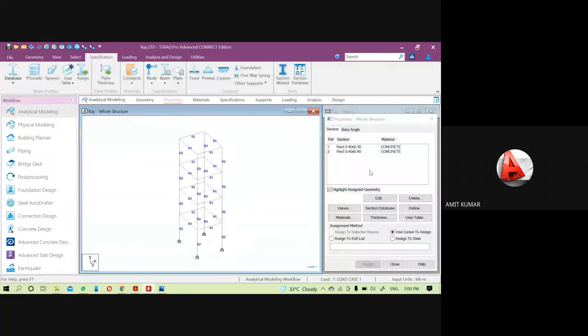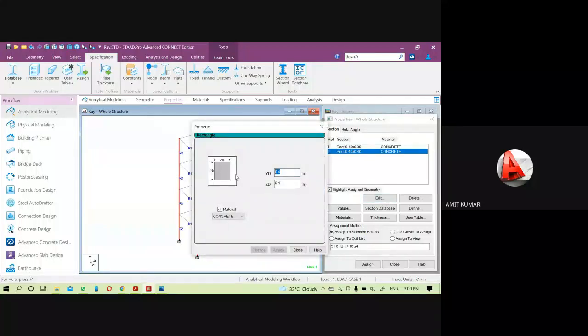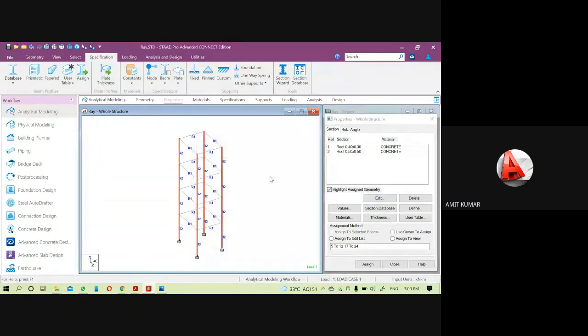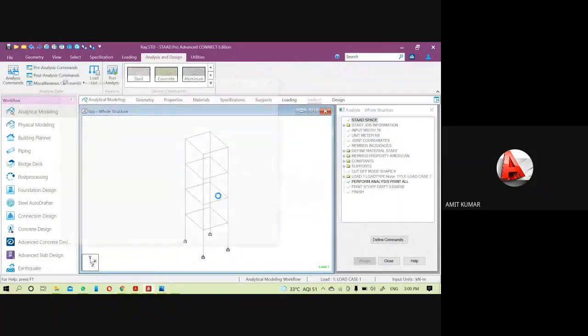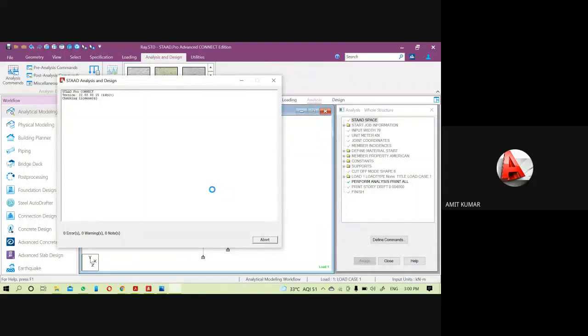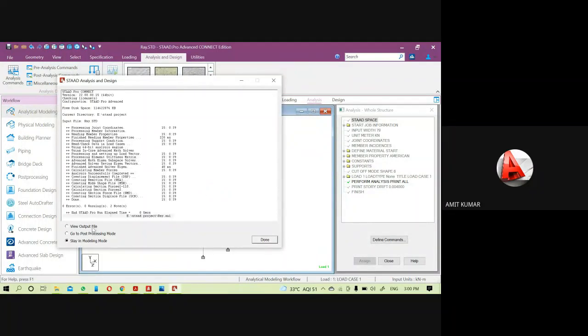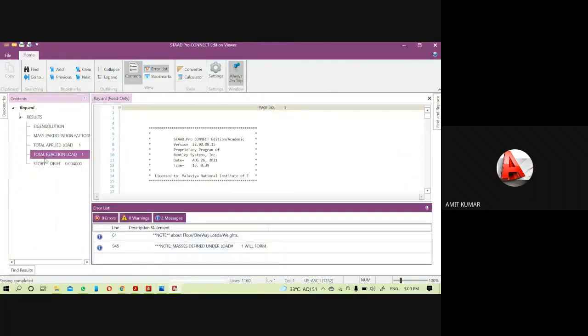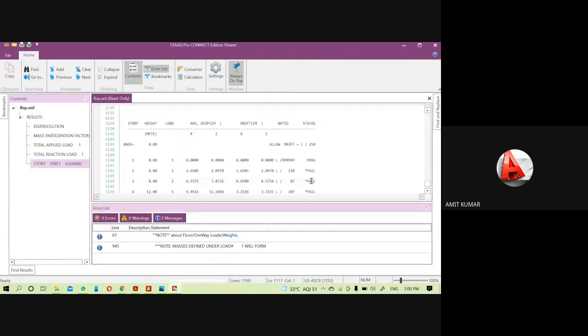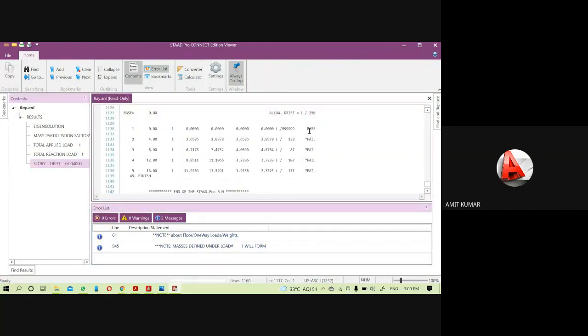So let me check. For now I'm just going to increase the section size to 0.5 by 0.5. Here for this structure I applied the maximum values, so that is the main purpose. Let me analyze it one more time. That means we have to provide this value. We have to increase the section size one by one. Then after we will be able to see. You are seeing it is still failing. Let me check the values one more time.